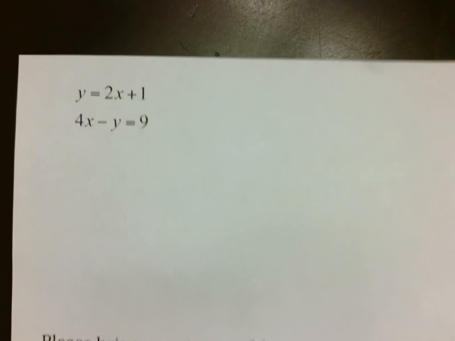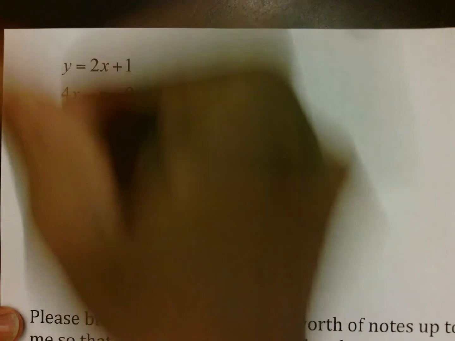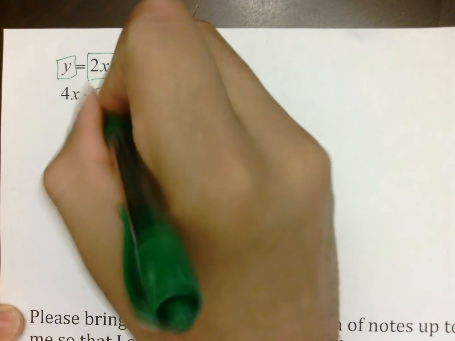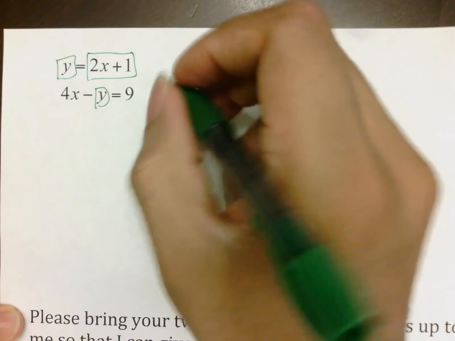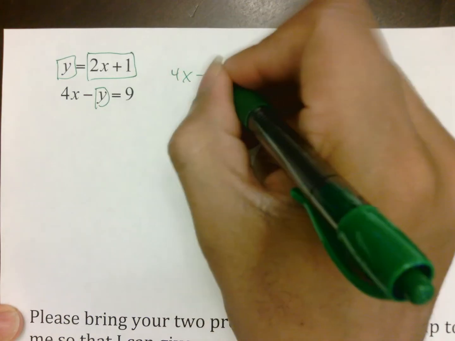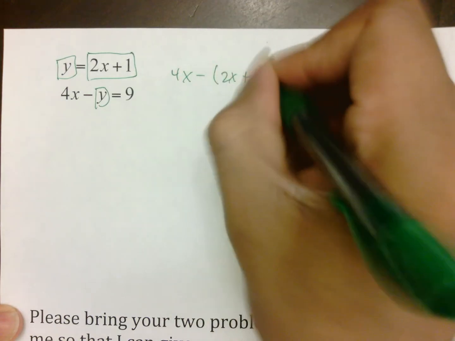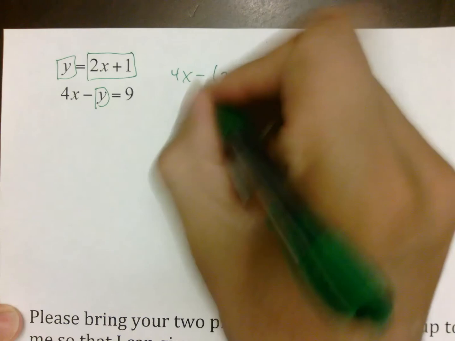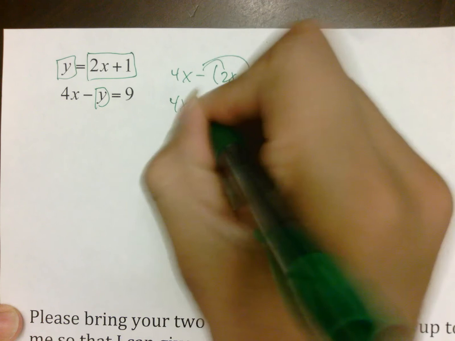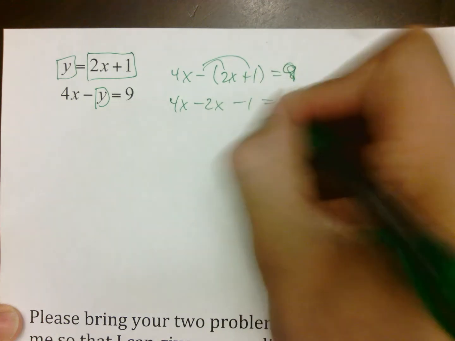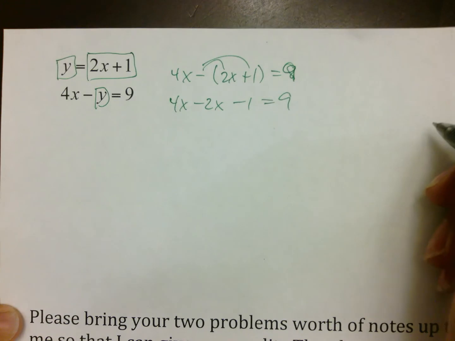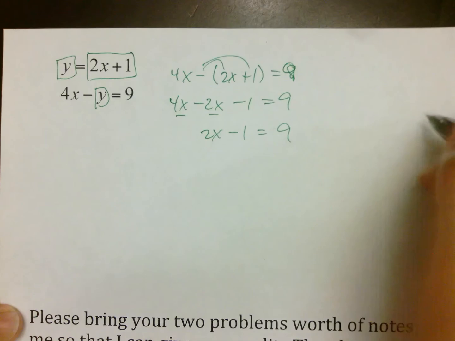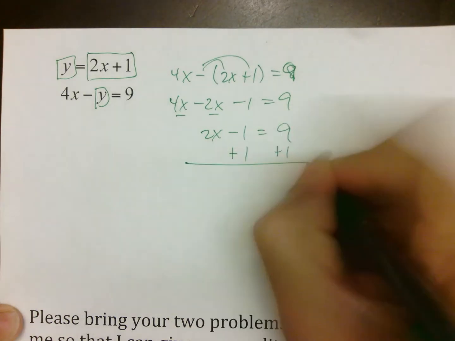Last example before you get finished with this. Again, y goes into the box because it's alone. 2x plus 1 goes into the box. 4x minus y gets the y boxed. So we put our 4x minus parentheses 2x plus 1 equals 9. You then distribute your negative. 4x minus 2x minus 1 equals 9. You then put those two parts together. 2x minus 1 equals 9, and you solve the way you've been taught to,